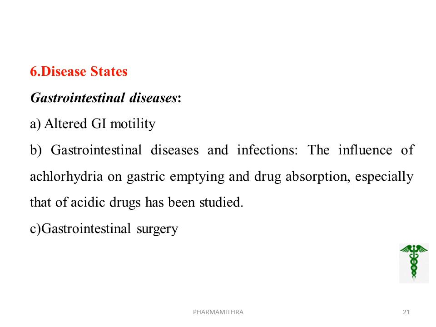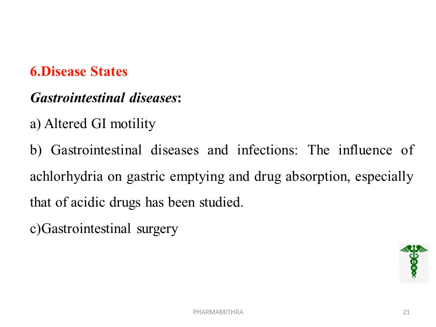That is the influence of achlorhydria, that is decreased hydrochloric acid or absence of hydrochloric acid, on gastric emptying and absorption, especially in case of acidic drugs. And two intestinal disorders can be studied here that result in malabsorption and reduced drug availability, that is the celiac disease as well as the Crohn's disease. Celiac disease is characterized by the destruction of villi and microvilli and results in less absorption. And Crohn's disease and steatorrhea, etc.